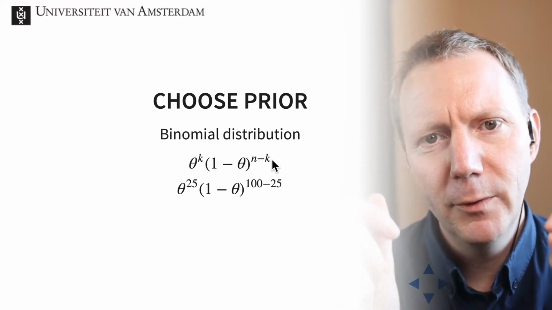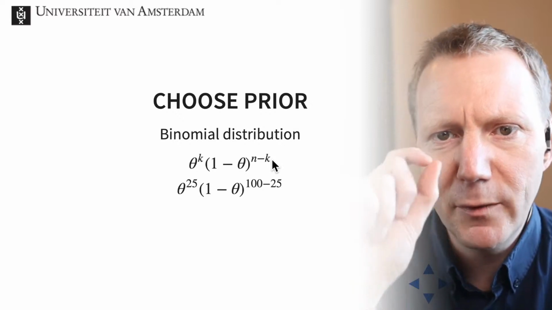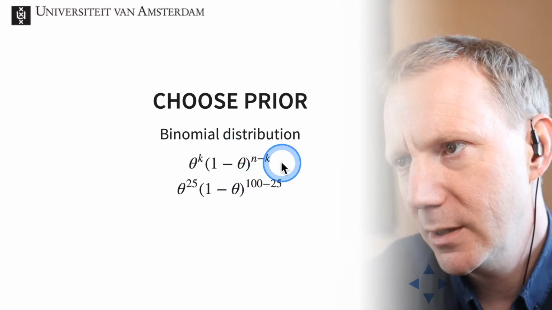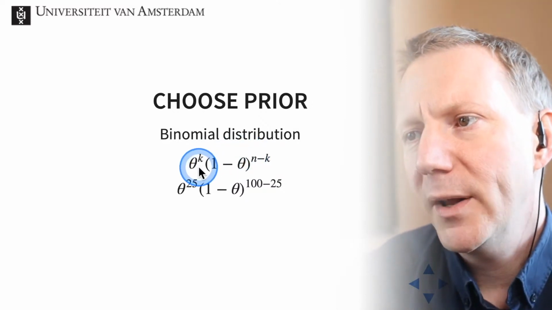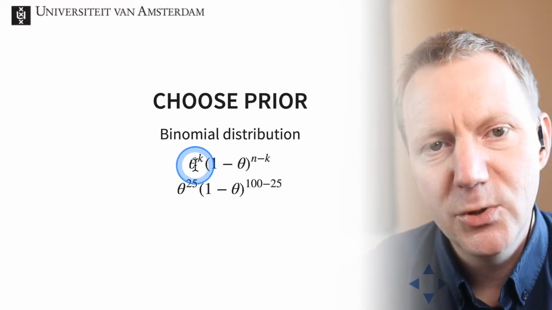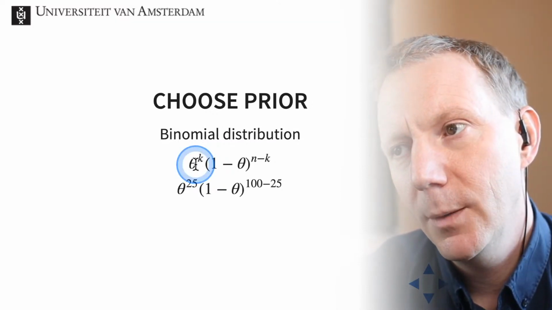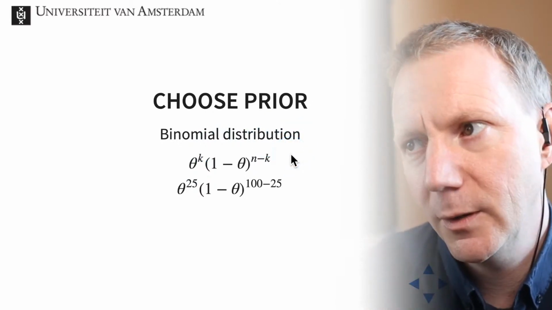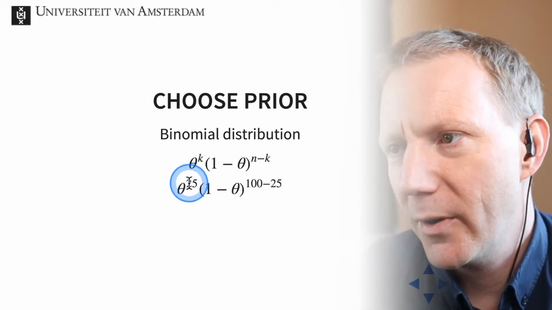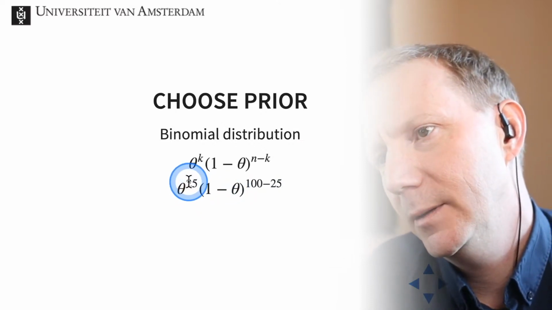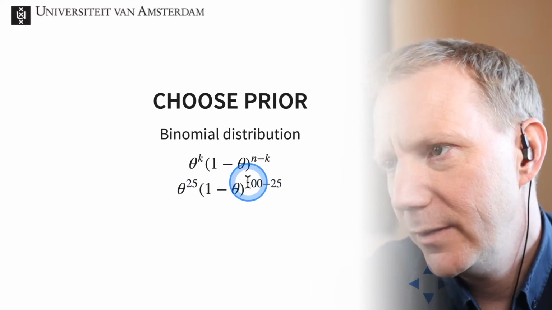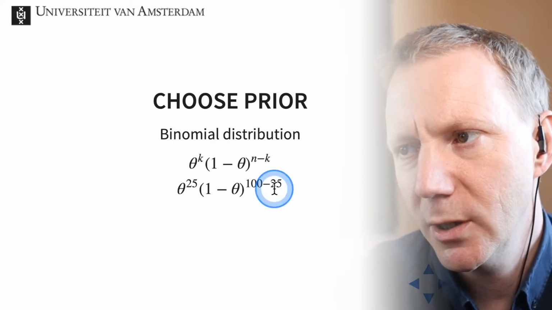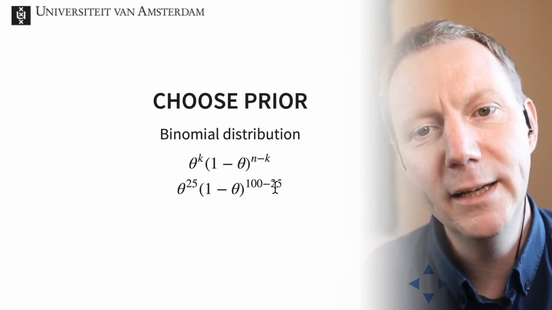But what we're doing with Bayesian statistics is we're flipping it around. We're saying, well, given that I throw 2 times out of 10, what are all the theta values possible within that range? So that's what we're doing with Bayesian statistics. And as a prior, I choose one where I set my k to 25 and my n to 100, and such a distribution of the likelihood of theta